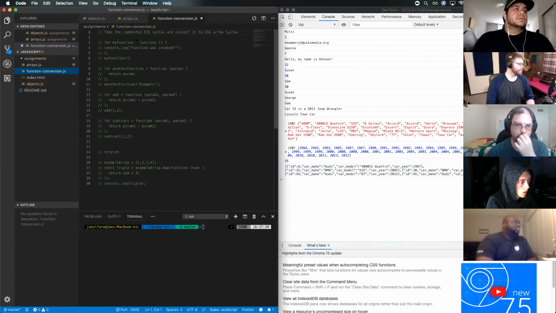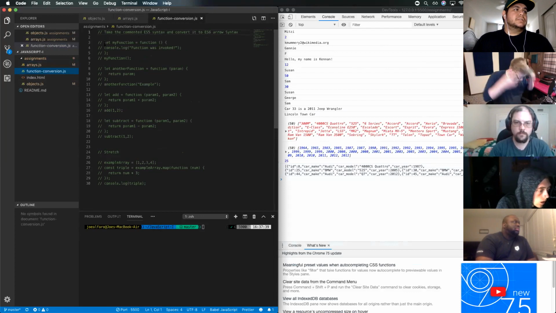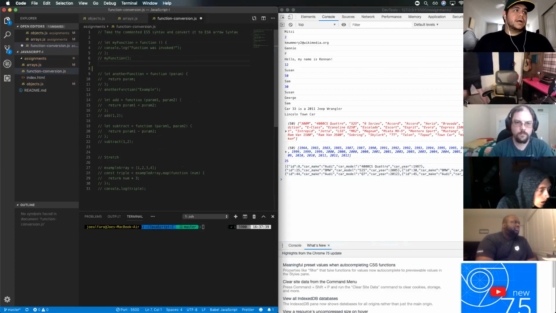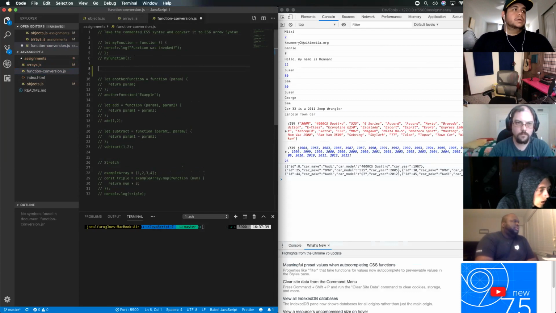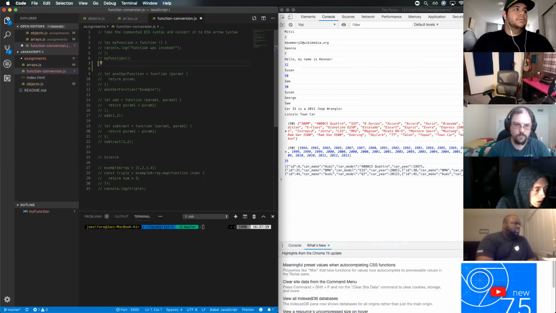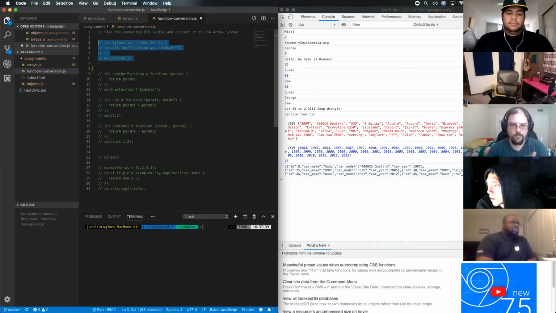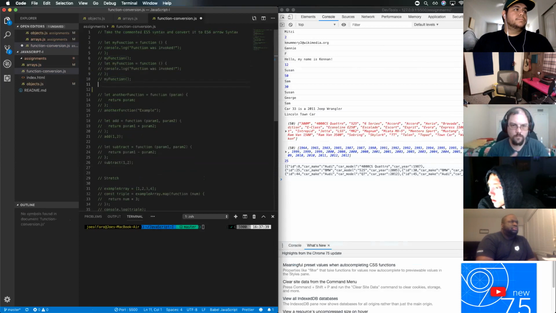For sure. So take out the comment ES5 syntax and convert it to ES6 arrow syntax. So basically just going to copy it the way it is, which is let my function equal. And you know what? Actually, that's what I'm going to do. I'm going to go ahead and just copy the whole thing and delete the